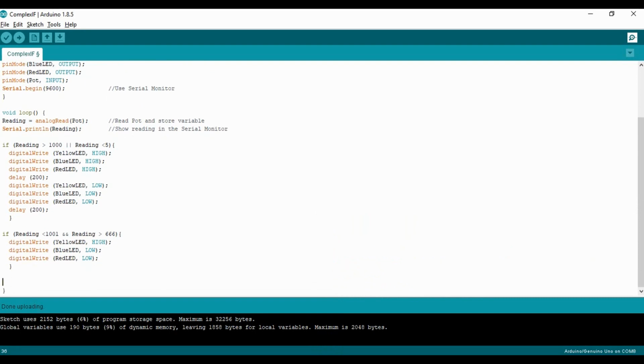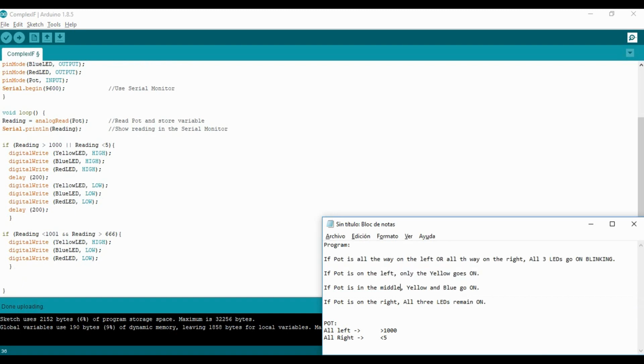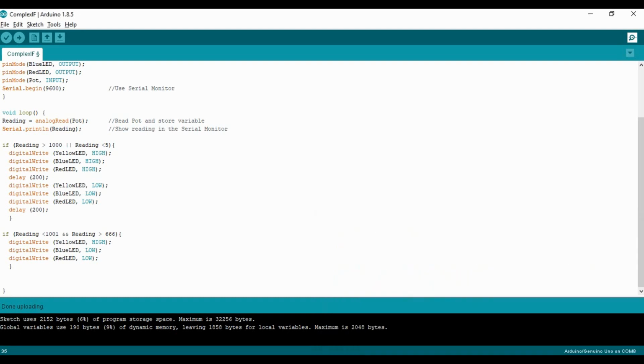So I'm going to type it from scratch again. I'm going to say that if potentiometer is in the middle, and I said here that 666, that means that in the middle it should be a number between 333 and 666. So that's what I need to analyze, and that's what I need to write here. So if reading is more than, no, let's start on less than. If reading is less than 667, because it starts in 666, and reading is more than 333, then